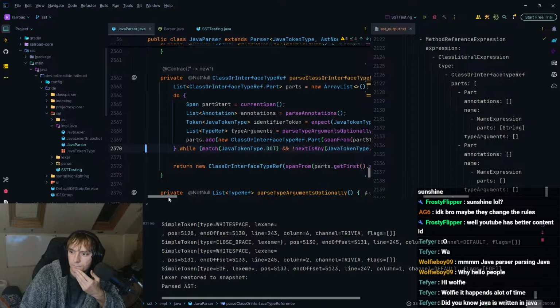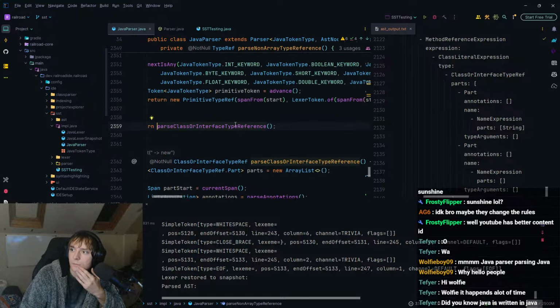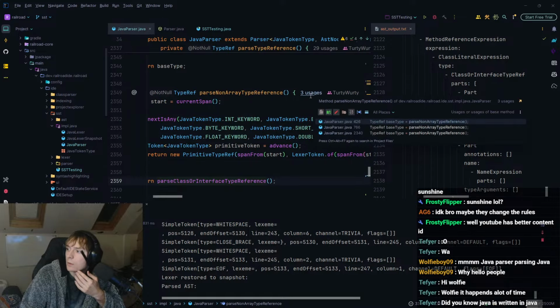Yeah. So that's able to then return that, which returns that.